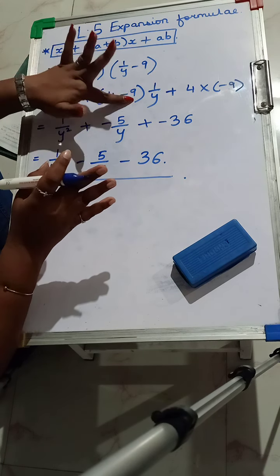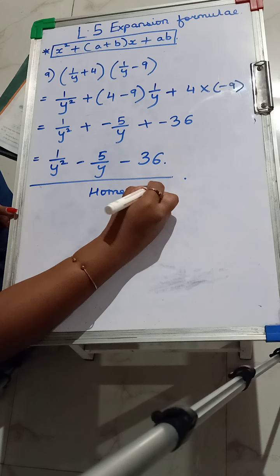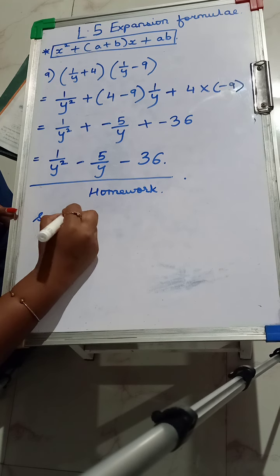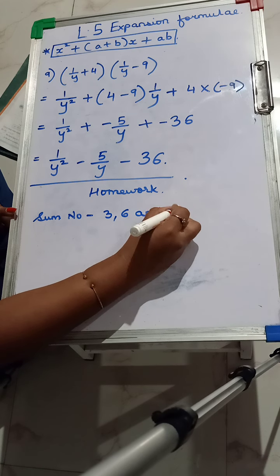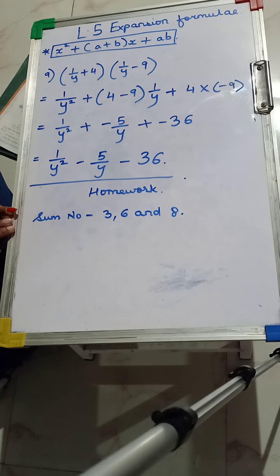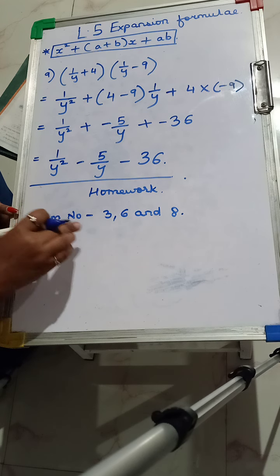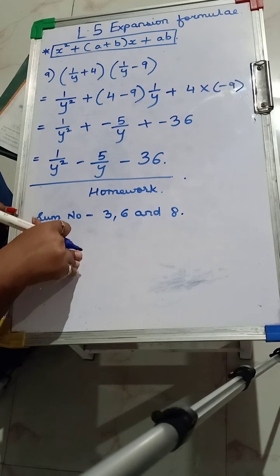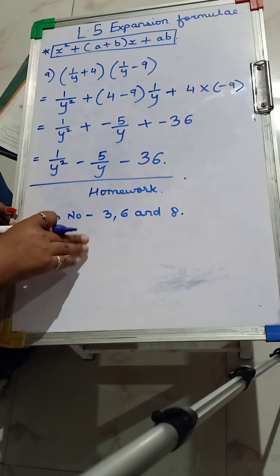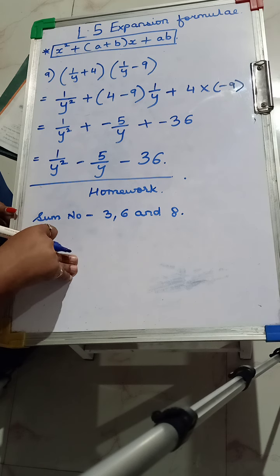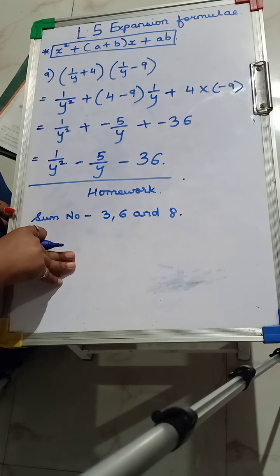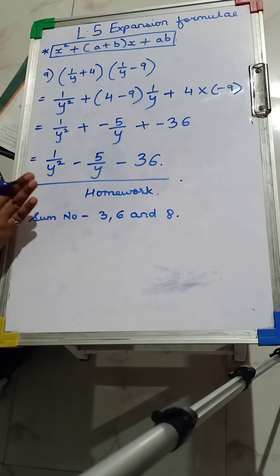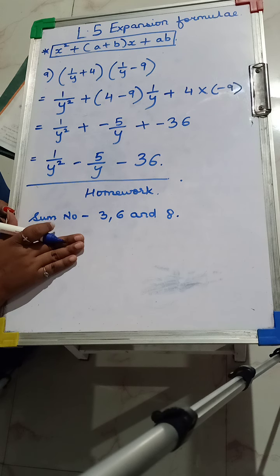So again I remind you, the homework for you all for this exercise is that you are going to do sum numbers 3, 6 and 8. Okay, the remaining sums are being solved for you all. You all solve these sums. If you have any doubts in these 3 sums, after solving you can send me the photo, saying that you have some doubt in this or you are not getting the answer. So I will clear your doubts at that time. Okay. So now we will stop here. For this exercise we will stop and then continue with the next exercise.